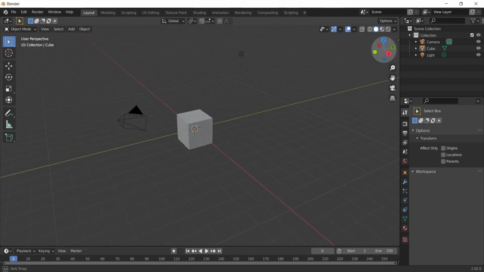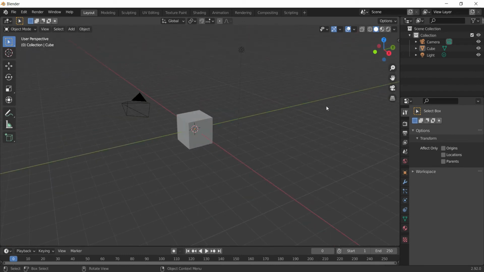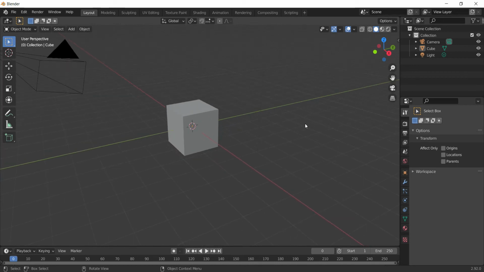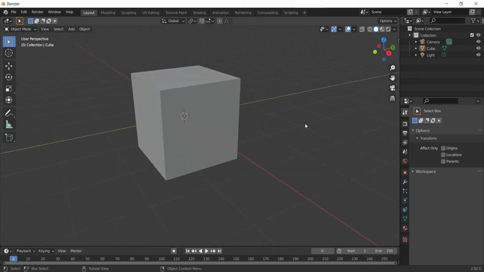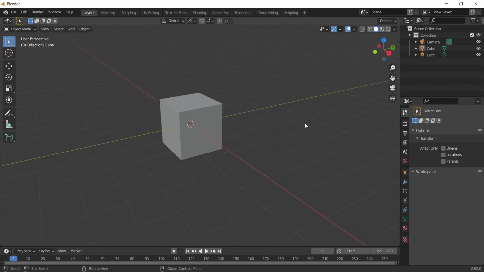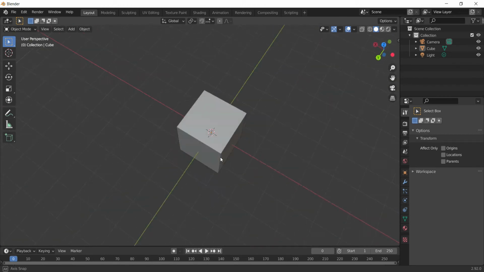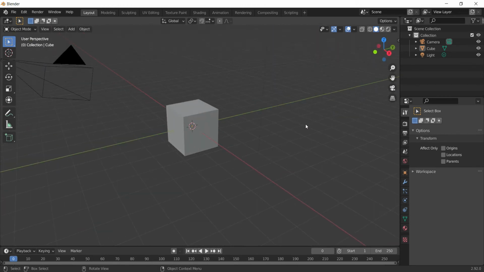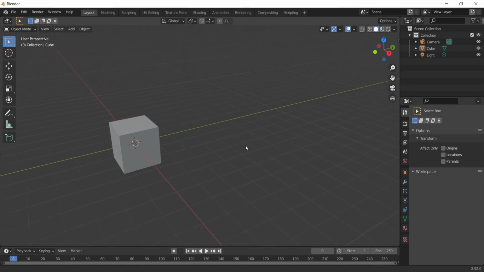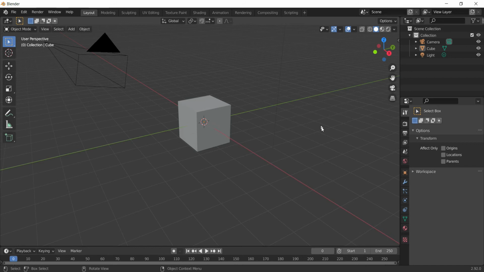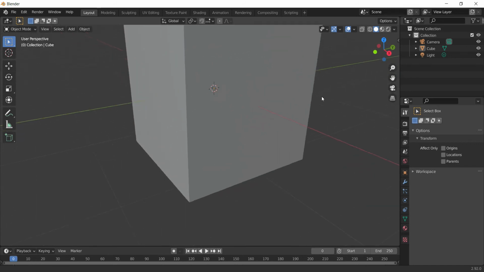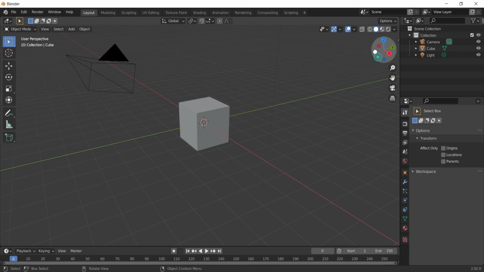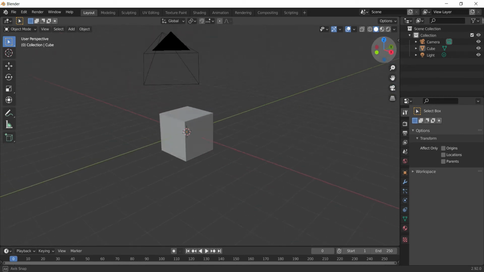Now you can perform all these three actions if you have a mouse with scroll wheel. So if you just click the scroll wheel, not wheel up and down. Okay, there is a confusion. If you wheel up and down, this gives you control of zoom in and out. So we don't want that. Rather, we will click on the scroll wheel and we'll move the mouse so it will give us orbit. If I do that with the shift key, it will give me pan. And if I do that with control key, then it will zoom in. So whichever way you find feasible, you can choose to navigate around this 3D space.